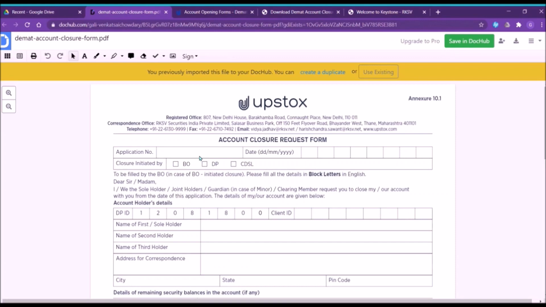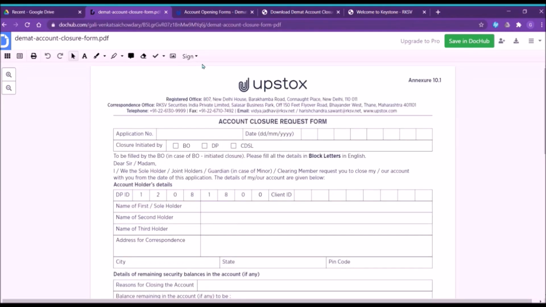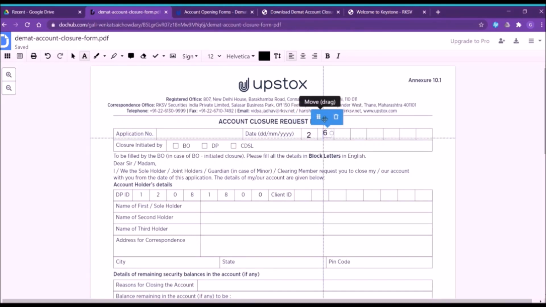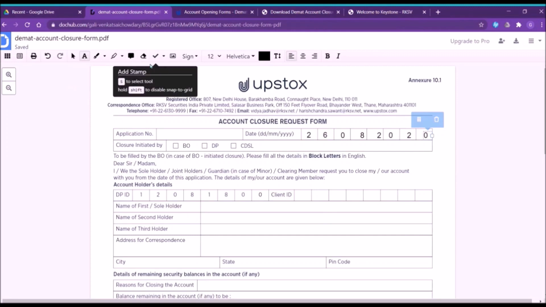Just tick on BO if your account is only a solo account. Now I'll edit all the details. Now I'll write the date and I will check on the BO.